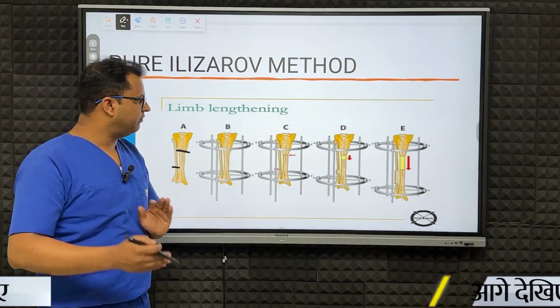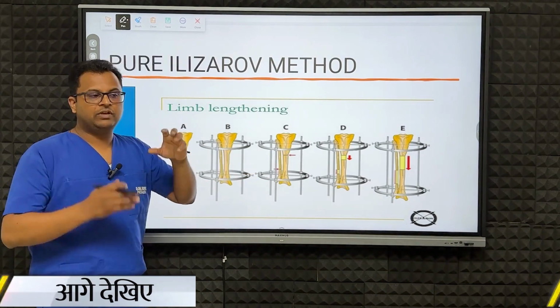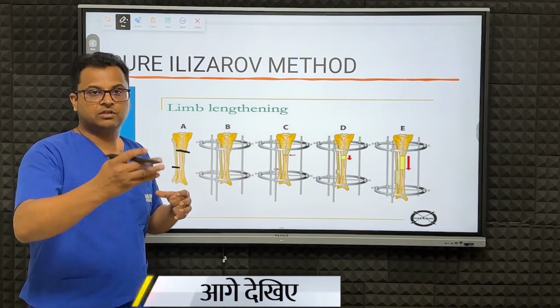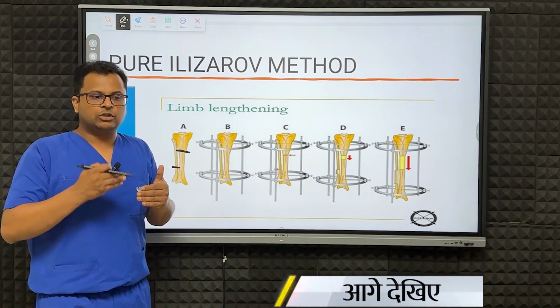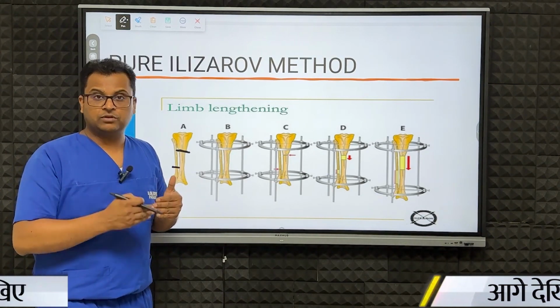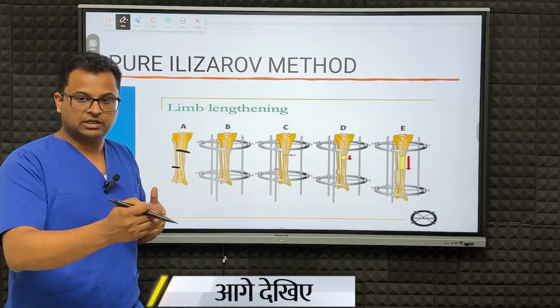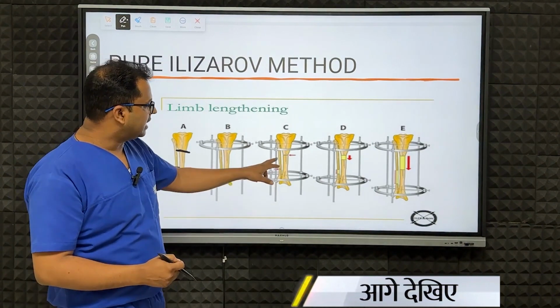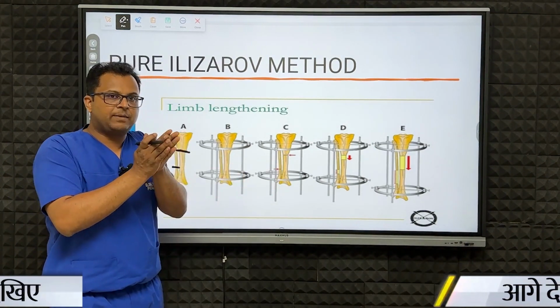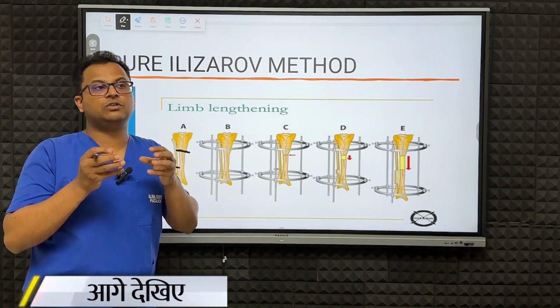Post 7 days after surgery, we start distracting. So we need to distract this, that is called distraction phase. The first phase is the latency phase. We have done the surgery, we have put the fixator, and now we need to wait for 7 to 10 days, and then we start distraction, that is phase 2. When we are starting the distraction, means we need to separate these two bones at a specific rate, which is usually